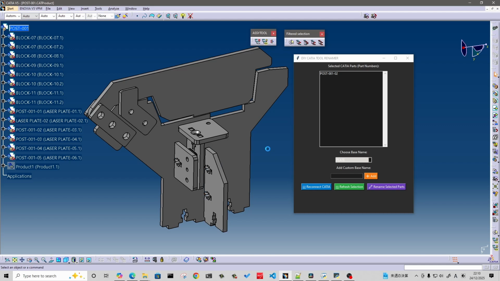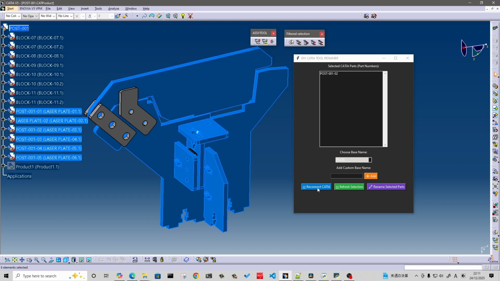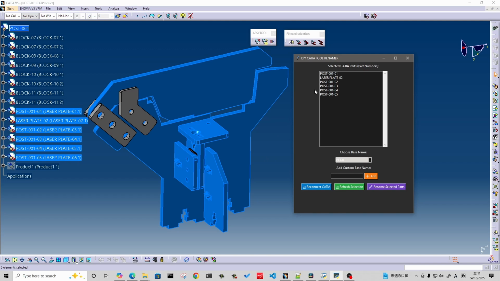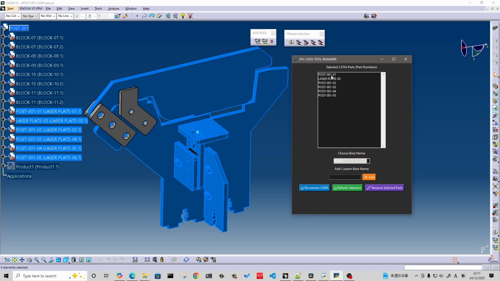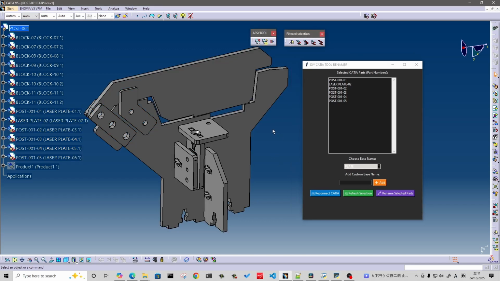If you use your keyboard while pressing the Control key, select this one here, and here, and here, then reconnect, so you have a multiple selection here. And then rename selected parts. So before that,